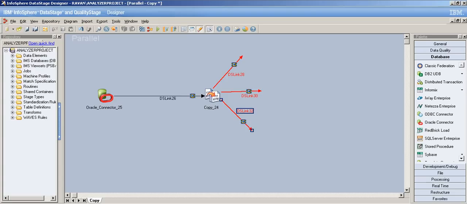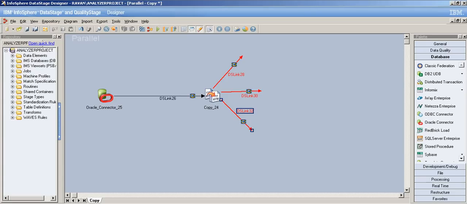It's not really a good idea to perform all the conversions using one stage like the transformer. We can do that, but whenever we use a transformer, it uses most of the resources, so obviously it's pretty slow and it leads to performance issues. So instead of that, what we need to do is